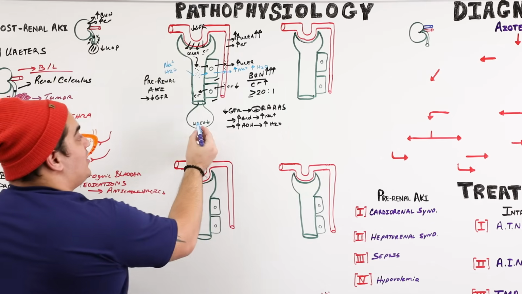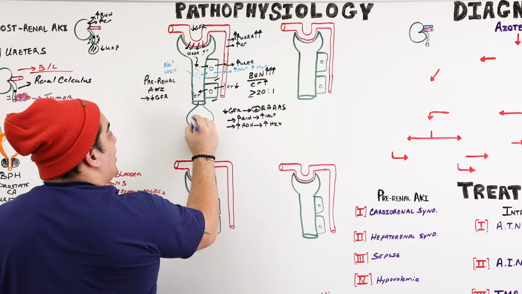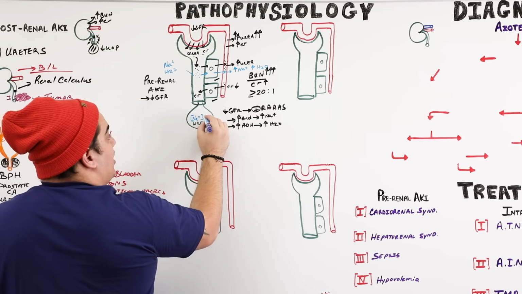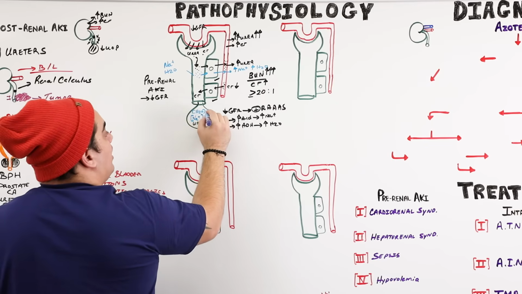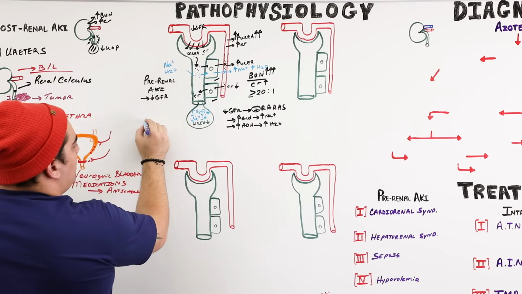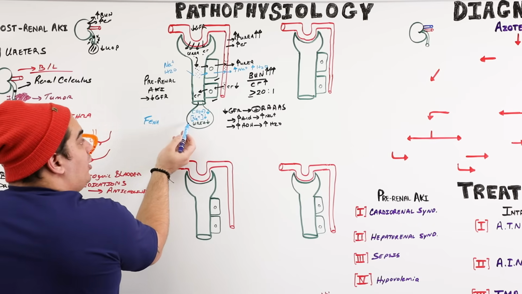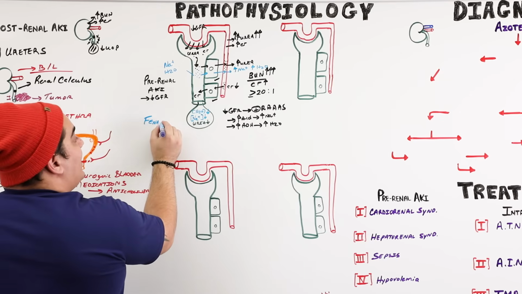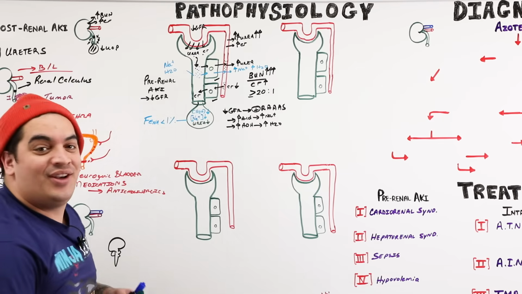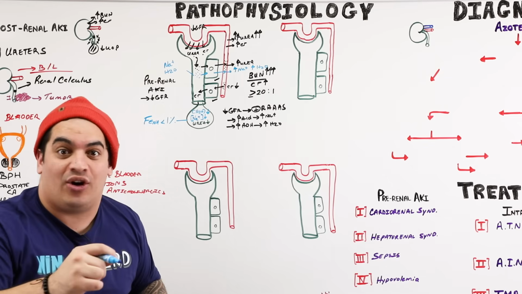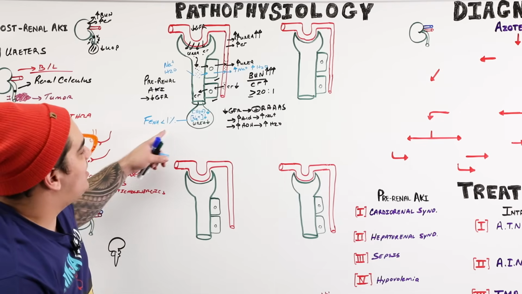What happens though to the sodium and the water within the actual urine? So the sodium concentration goes down, and the water concentration also goes down. And if you look, we have something called the fractional excretion of sodium, which is basically how much sodium is excreted in the urine compared to how much is filtered. And that is going to be a low amount. We say less than 1% when you look at the urine. So the amount of sodium excreted into the urine in comparison to the amount that's filtered is less than 1%. So these are some of the things that you want to think about.